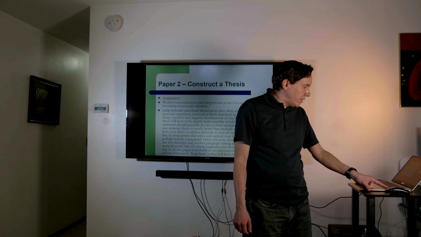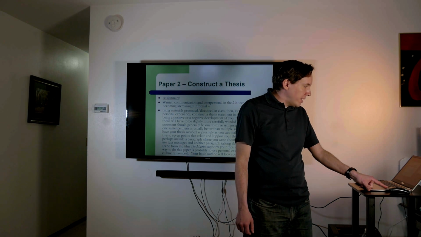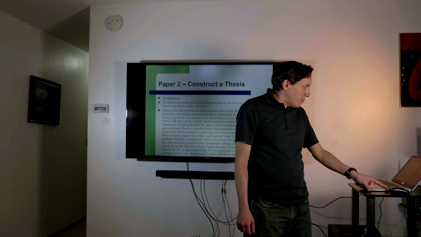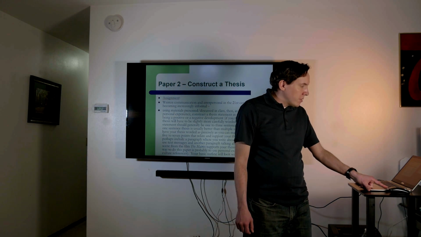in regards to this either being a positive or a negative development. If you think it is both, your thesis will have to be slightly more carefully worded. The thesis statement should generally be 1 to 3 sentences long, although a one-sentence thesis is usually better than multiple sentences. Once you have your thesis statement worded as precisely as you can make it, come up with 5 to